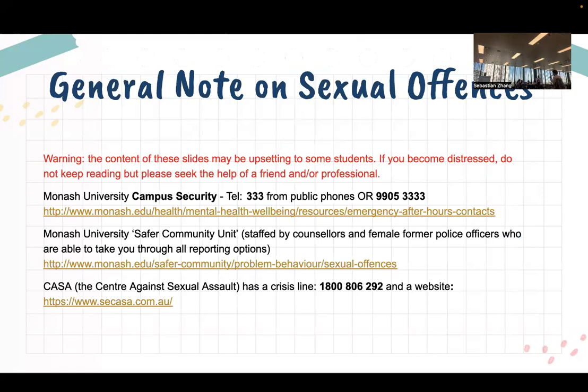But sexual offense is one of them. So if you do get upset at any moment, just feel free to take a break. Okay, if you want to go to the toilet or anything, let me know. And when you read your faculty slides as well, same thing applies. There is some support on the slides as well. Okay. Anyway,